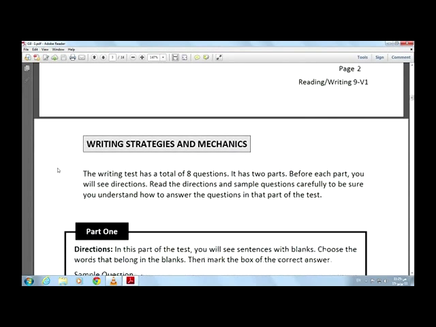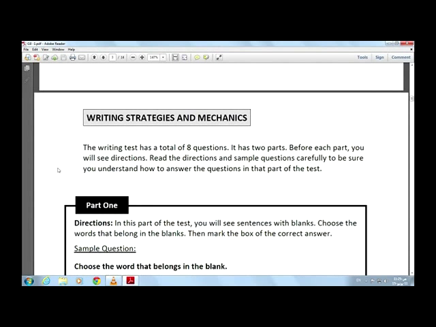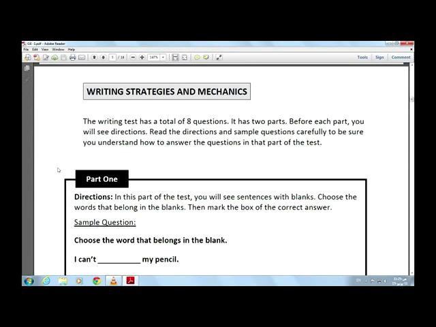In this paper, they have given us an example. For example, the writing test has a total of 8 questions. Look here, they tell you that you have 8 questions. It has 2 parts. Before each part, you will see directions. Read the directions and sample questions carefully to be sure you understand how to answer the questions in the part